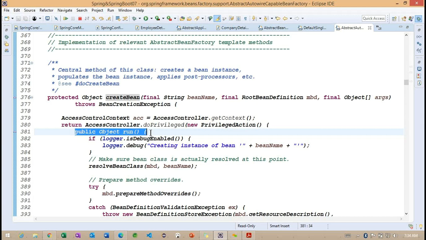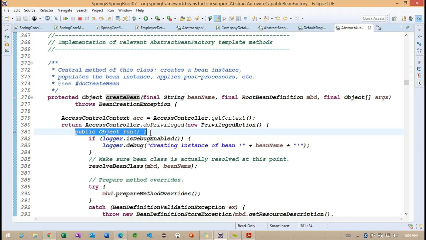For prototype cases, for each thread a new object is going to be created. So this is what I want to explain here. This is the difference between singleton and prototype. For the singleton, what happens internally? Only one object is going to be created, and the same object is going to be shared with all the instances wherever this particular object is required.